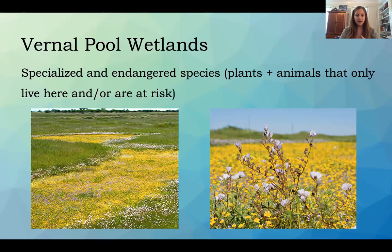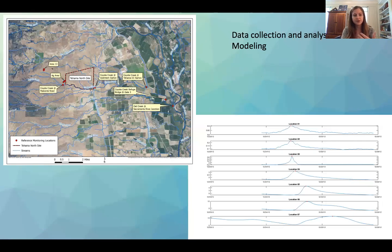So my work focuses on demonstrating that these wetlands are important to the ecosystem around them, and even to the human ecosystems as well, because there are rivers around, and their waters are sourced from these vernal pool wetlands. And so I wanted to show you guys a little bit about some of the data collection and analysis that I do with these wetlands, and then talk about a little bit of the modeling. So basically, how we're able to show that these wetlands are in fact connected downstream to the river